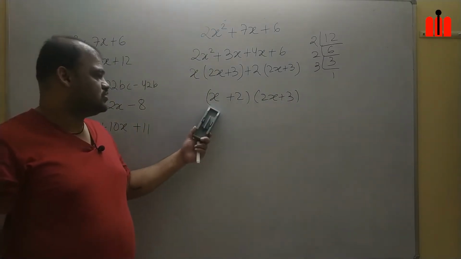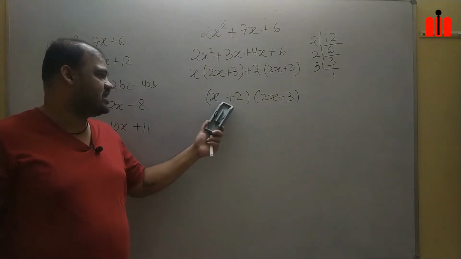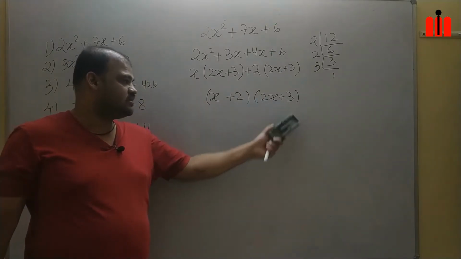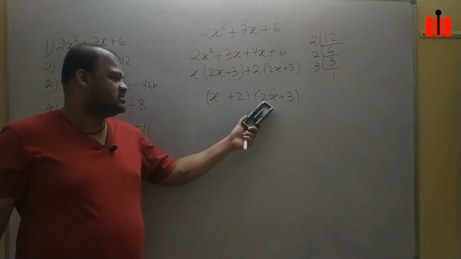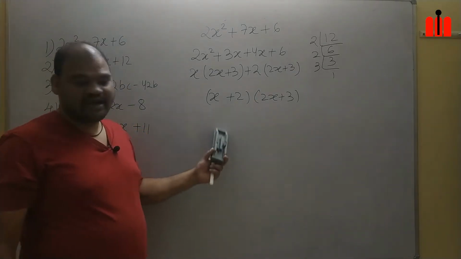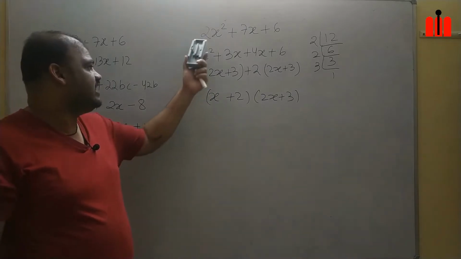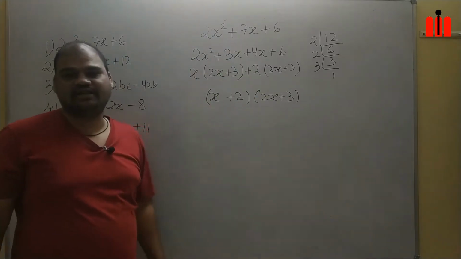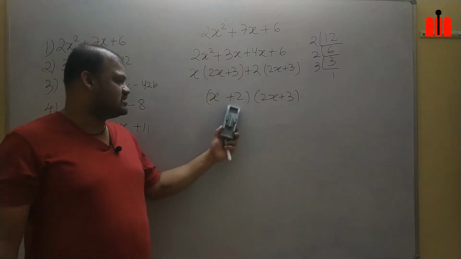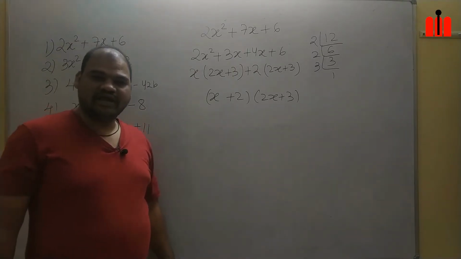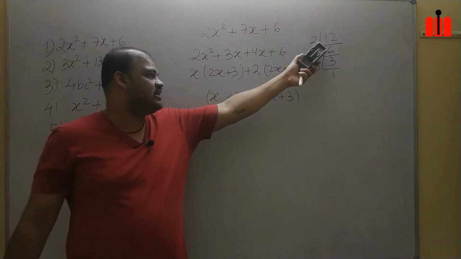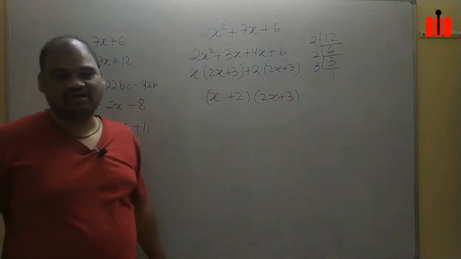Okay. So we had got it into the form of (ax plus b), where a is 1 and b is 2, and (cx plus d), where c is 2 and d is 3. Are you getting it? So what I told earlier, the same thing: any quadratic expression can be represented as the product of two linear expressions in brackets, right? Like this. So just as we have written 12 in factors as 2, 2, 3 and 1, like that.